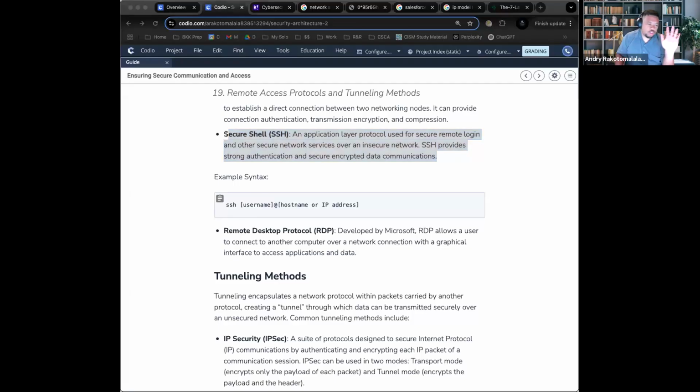And your homework, you don't have to turn anything in, but I encourage you to look up SSH and also look up something called RDP. That stands for Remote Desktop Protocol. It is a Microsoft specific one because it allows the user to connect to another computer on a network. But look up RDP and SSH because these are two things that you want to know.